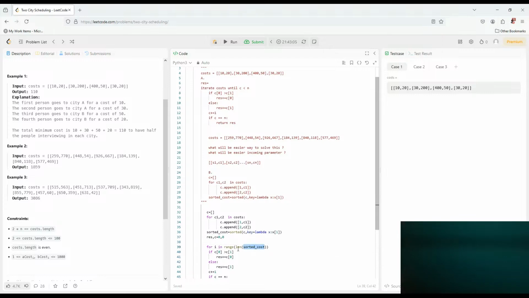We need to add sorted cost here, obviously. If it's less, then we add